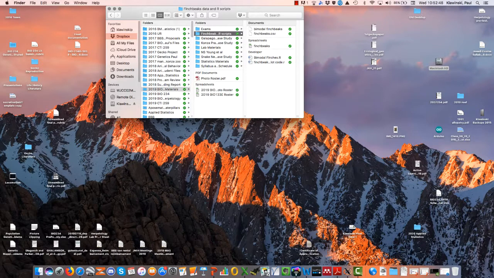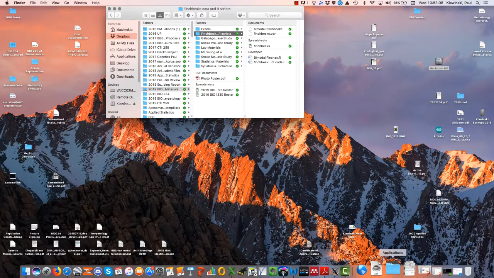Having them all in the same directory or folder, we now use the term folder, but back in the old days they were called directories. It's just places in your computer's memory where you store things. So in this folder, the R scripts are in the same place where the data are, and it just makes things a little easier. So what you want to do is, if you've got R installed on your computer,